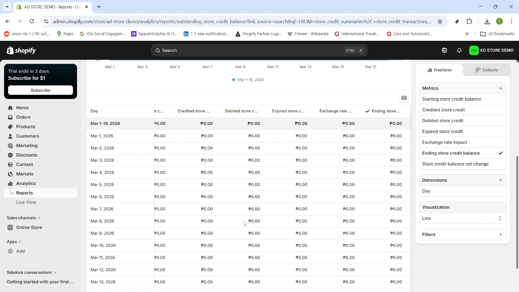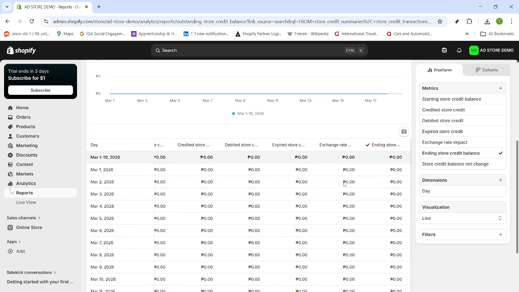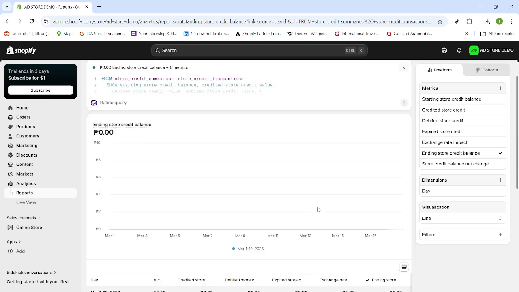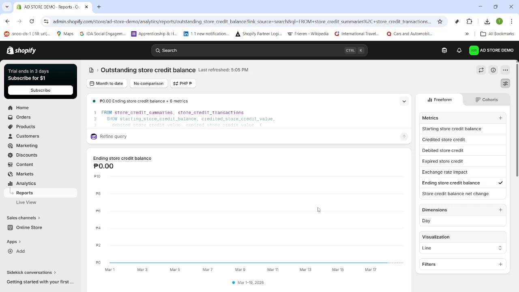That's the full path. Use Analytics and the search bar to jump into customer accounts and the store credit section. Analyze store credit transactions for recent activity and event types, then pivot to the Outstanding Store Credit Balance report to understand the bigger picture. With these views, you'll see not just what's happening with credits, but why it matters, helping you refine policies, improve customer experience,